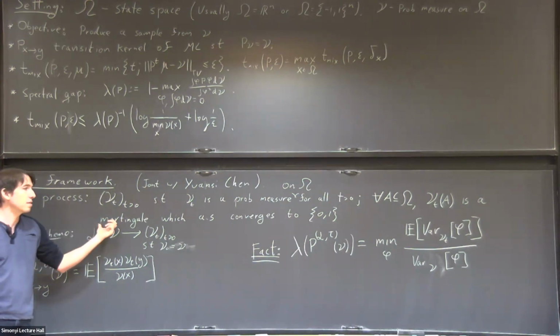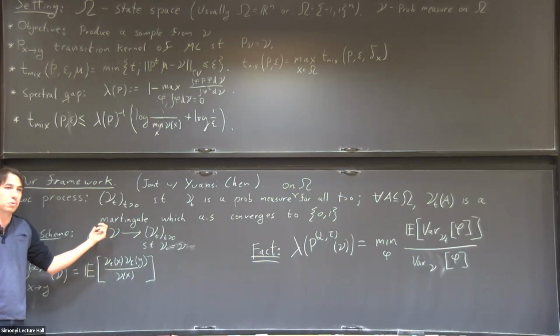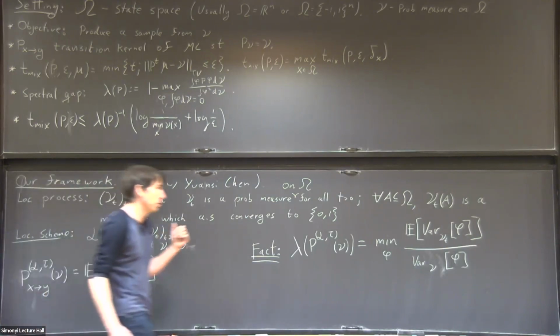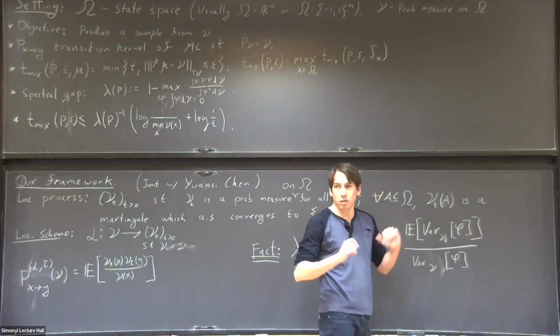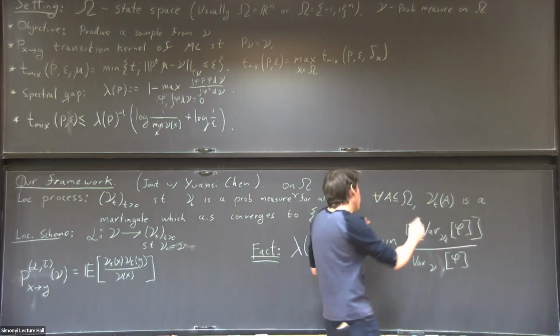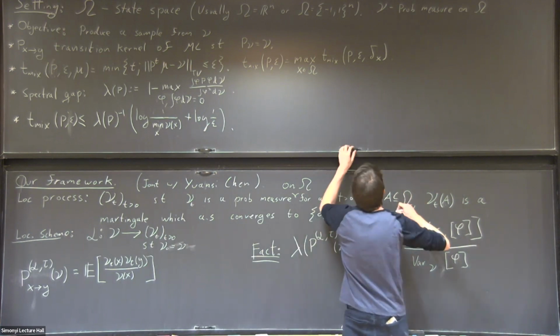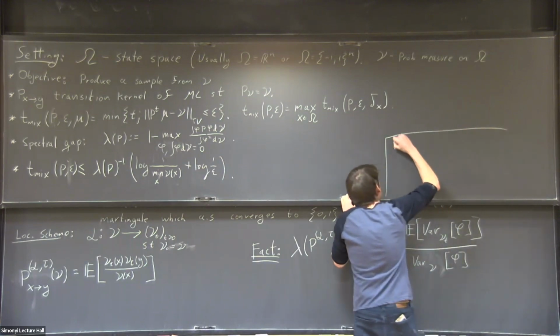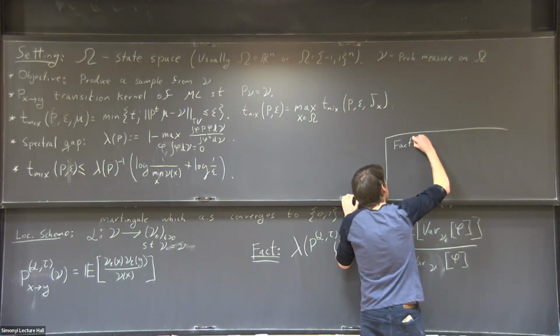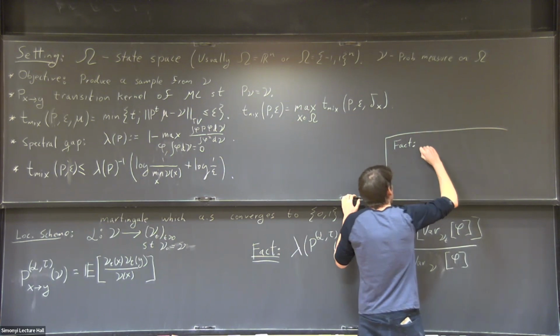And this point actually has to be distributed according to the original measure. Let me actually write this. I think we're not going to use this at all, but it's pretty important for the understanding of this. So a fact that follows immediately from this definition is that